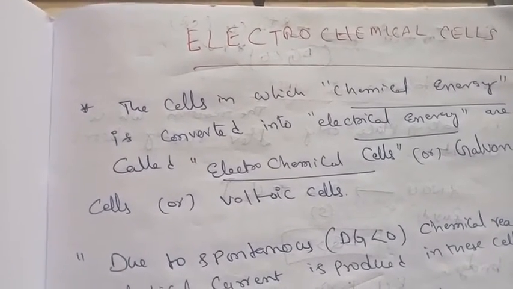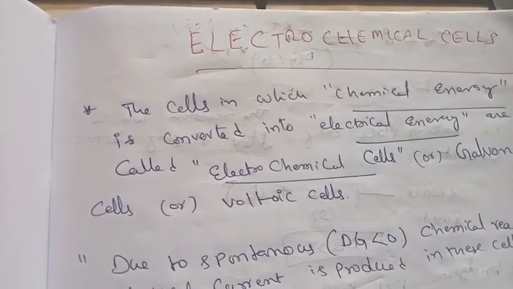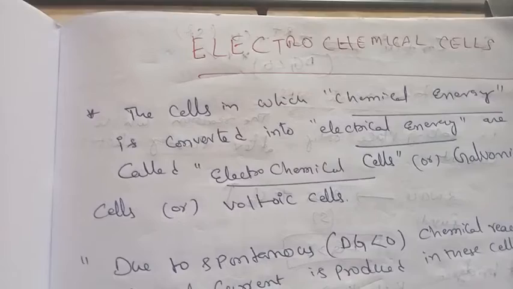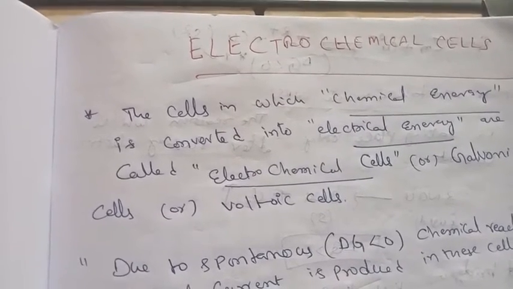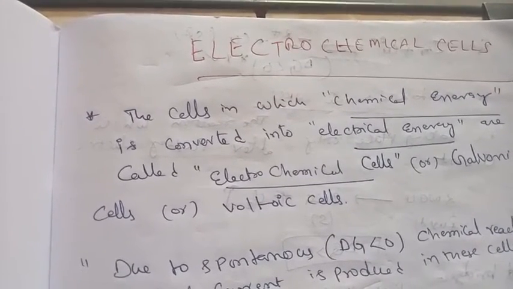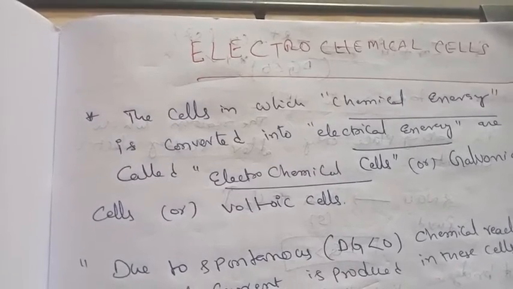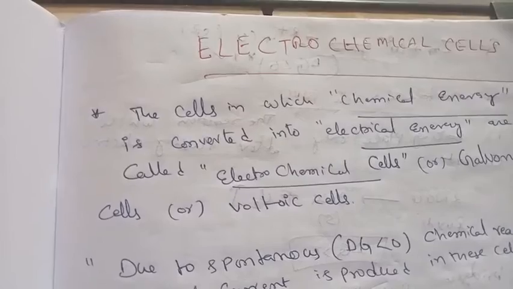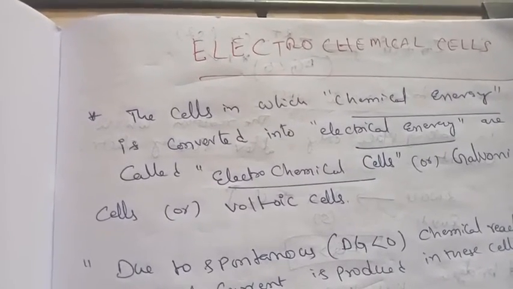Today I would like to tell the chapter name, which is Electrochemistry. In this chapter, very important, we will learn what is meant by electrochemistry, what is anode, what is cathode, how to construct a Daniell cell, what is the EMF, how to find the electromotive force, how to calculate the potential of the cell, and what is the electrochemical cell. Those things I am going to explain in this video.